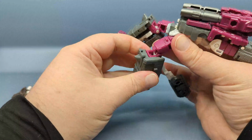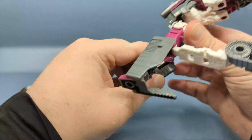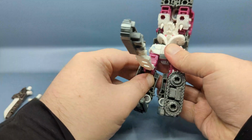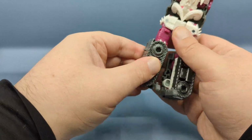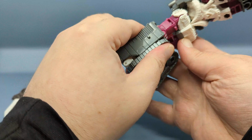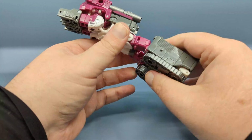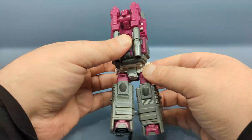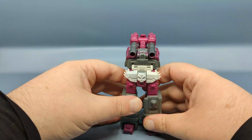Push up so you get that hinge in the proper position. Peg it into place, and then fold the tread up just like so. The instructions show you folding the treads up as like 2 or 3 steps, but you can just really collapse it in one like that. At this point, you want to bring the legs down on the hip joints there